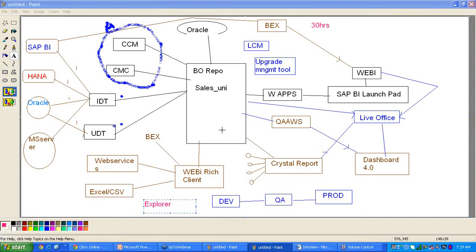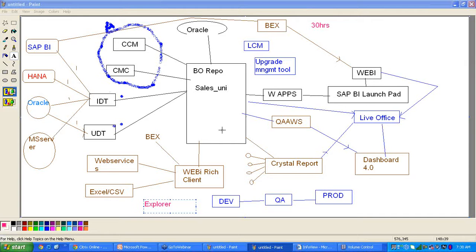We are going to discuss that also, because if you join any project, one of the projects is a migration project. In the older version, there are many Desktop Intelligence reports, and without moving those reports you cannot move to 4.0. So what do we need to do with the Desky reports from 3.1 to 4.0, since the Desky tool is not available in 4.0? How can we move these Desky reports to 4.0?